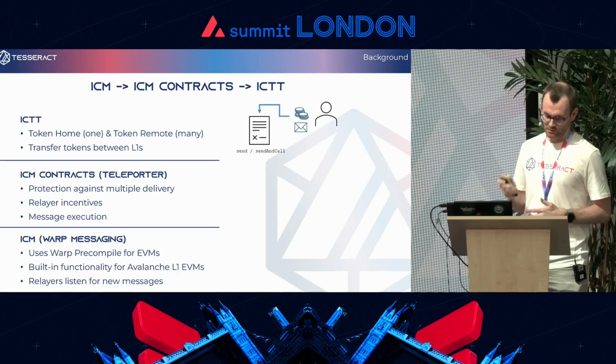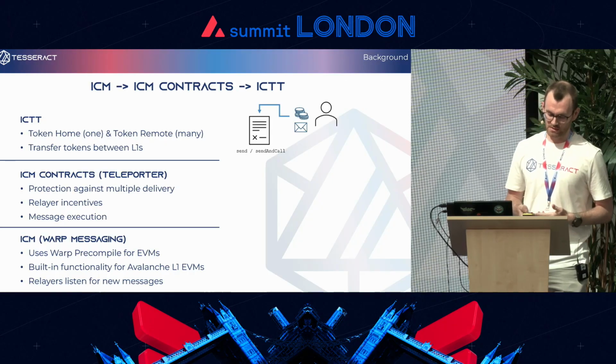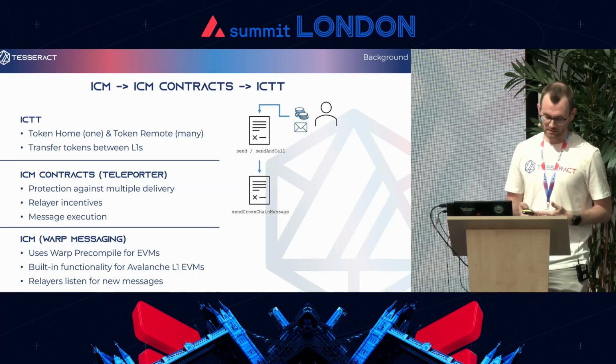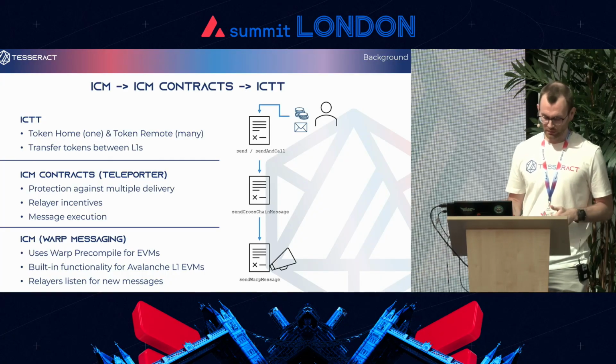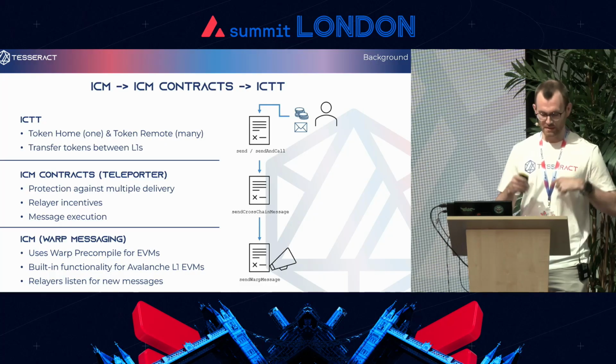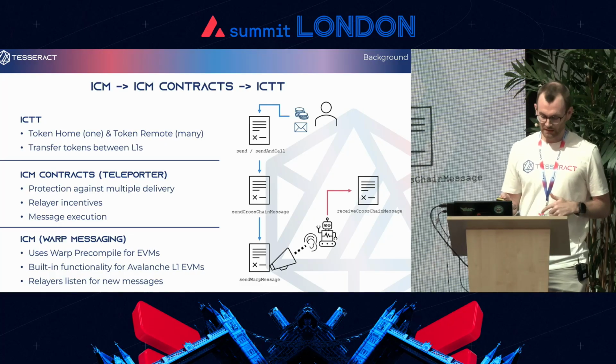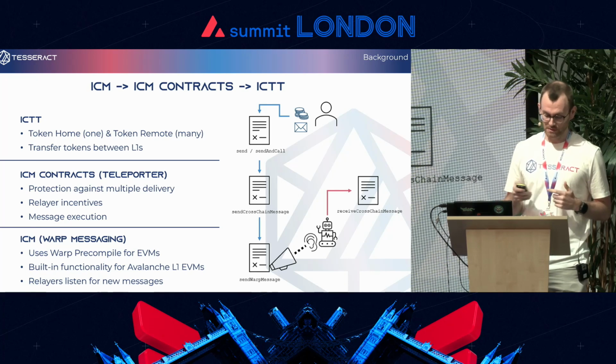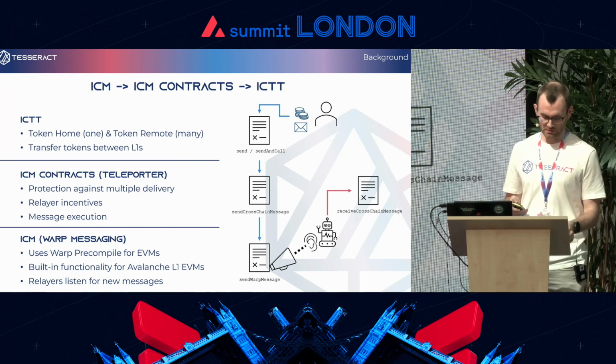The calling of each of which then calls send cross-chain message on the teleporter messenger contract, encoding various attributes within the message, and in the case of send and call, also a payload, which is going to be important. Then teleporter messenger makes a call to the warp precompile, which causes the warp precompile to emit an event. A relayer listens out for these events, aggregates the signatures, and then calls receive cross-chain message on the destination chain's